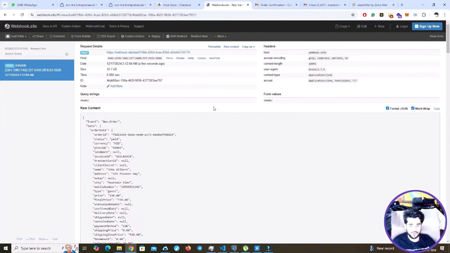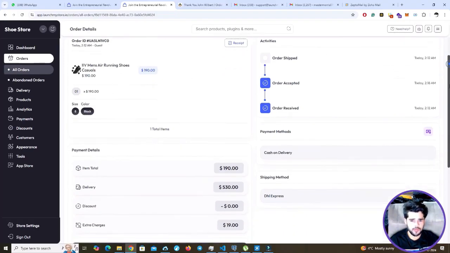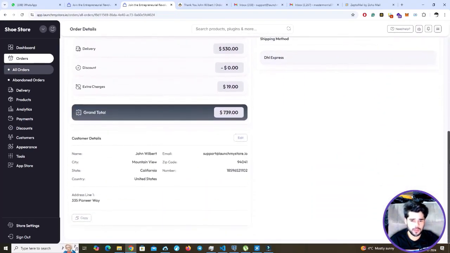Merchants can also add webhooks from their dashboard to receive different types of events such as new.order, which they can connect to existing or external providers such as Zapier to automate some tasks. In your dashboard, you will receive an order like this. You can choose to cancel the order or ship it, and from here you can see all the order details.